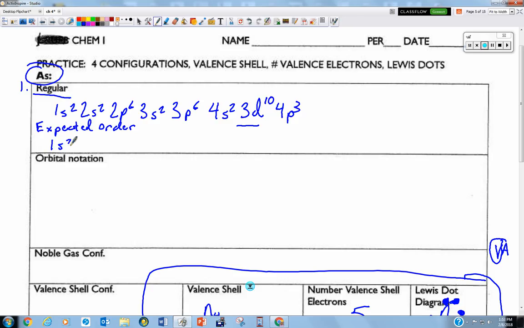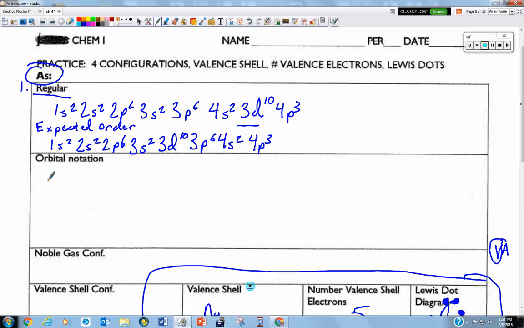So we have 1s2, 2s2, 2p6, 3s2, 3d10, 3p6, 4s2, and 4p3. For orbital notation, what we have to do is we have to remember